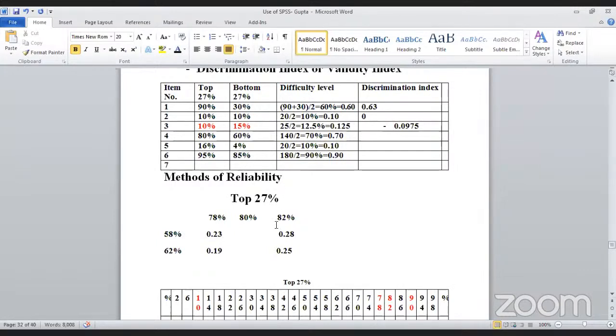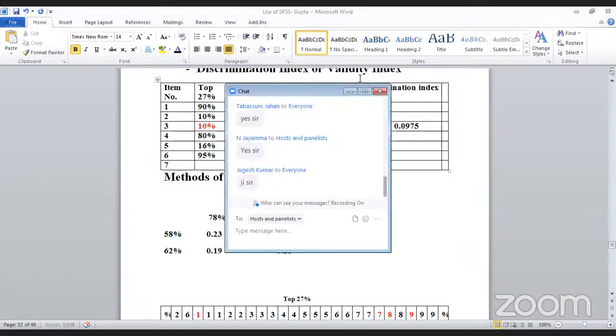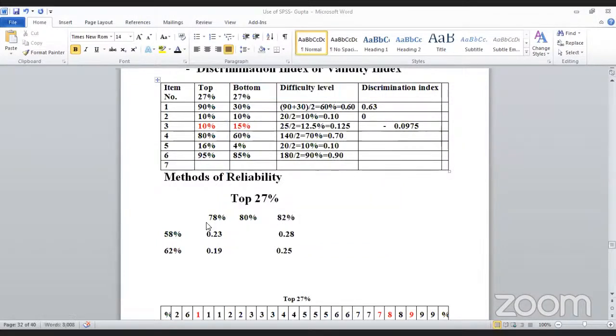0.23, और टॉप में 82% है, तो ये इतना 78 और 82 में कितना डिफरेंस हुआ जुगेश? 78 में और 82 में कितना डिफरेंस हुआ? जब इनमें 4 का डिफरेंस है तो इन वैल्यूज में कितना डिफरेंस हुआ? 0.23 और 0.28 में।